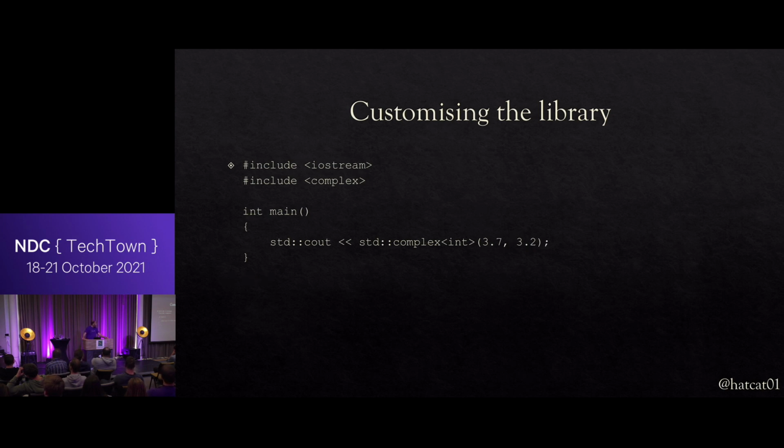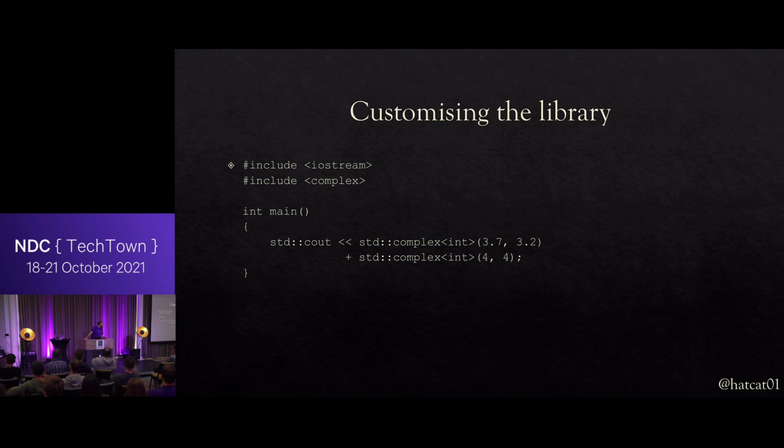So what about this? 3.7, 3.2. This is going to be a joke about rounding, isn't it? You can feel it coming, I can tell. It still prints 3,3. The compiler converts the doubles to ints only by truncation. So 2.9999 will be 2, which is most probably not what you want. What about this?